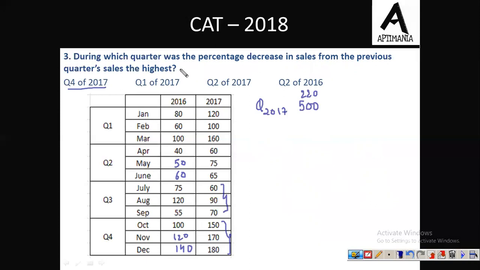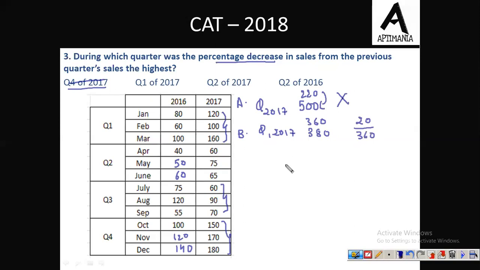Fine. Decrease, but we need to find for decrease. Here it is increase, so we can simply eliminate this option. ठीक है, option A में increment हो रहा है, whereas we need to find the maximum decrement किस case में हो रहा है. So we can simply eliminate this option. Moving to option number 2, that is quarter 1 of 2017. Quarter 1 of 2017 में the value is the total of these three values, that is equal to I think 380. Fine. और quarter 4 of 2016 से ये increment हुआ होगा, तो उसमें 360 value थी. So there is an increment of 20 over 360.